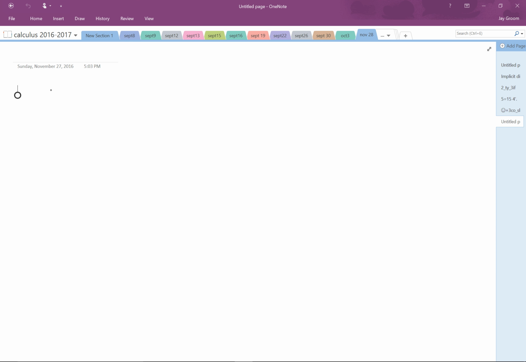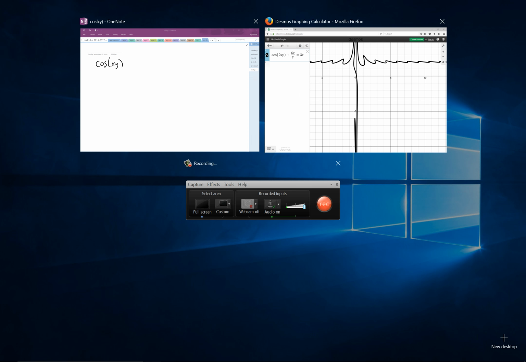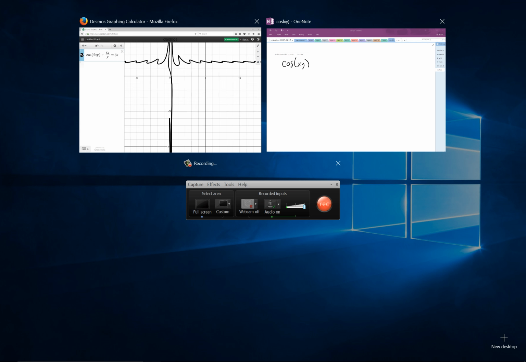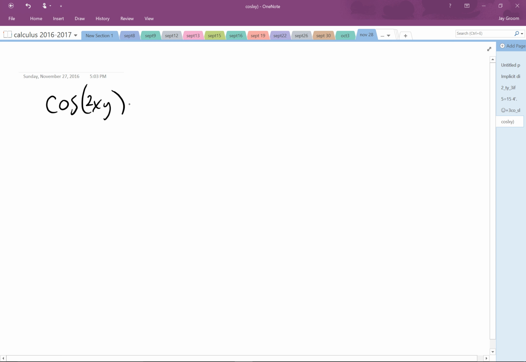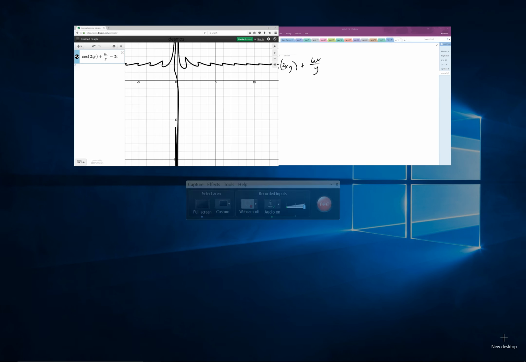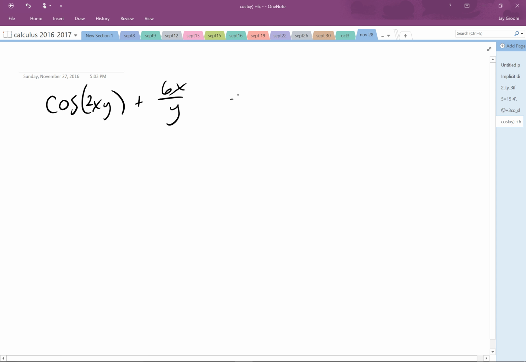So, cosine of 2x. Oh, it's 2xy. So the derivative, now this is a chain rule with a product inside. So the derivative of the outside function is negative sine 2xy times the derivative of the inside, which is 2y